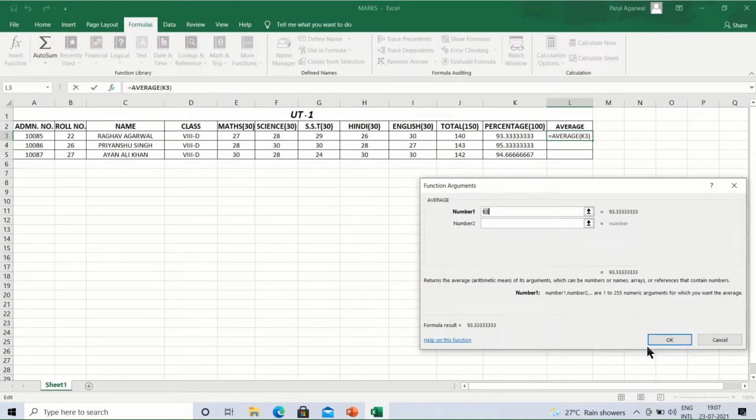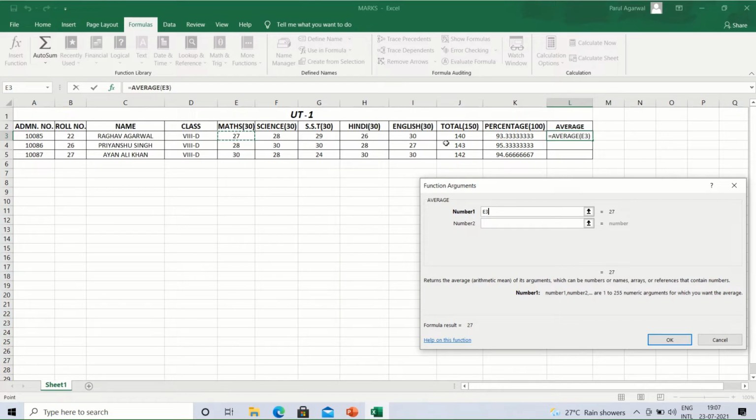Click on OK. Now we will get one more dialog box of Function Arguments, where we can put the arguments which we want to specify to calculate the average. For this purpose we will give the arguments from E3, which has the maths marks, to I3, which has the English marks, because the subjects are maths, science, SST, Hindi, English.